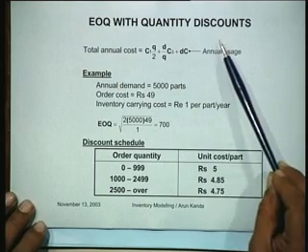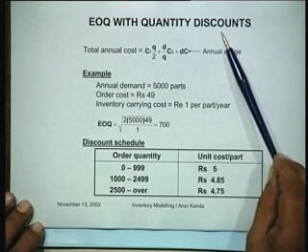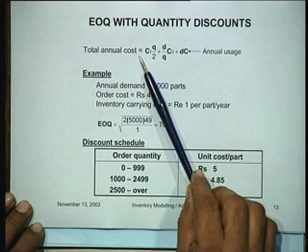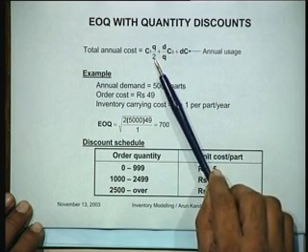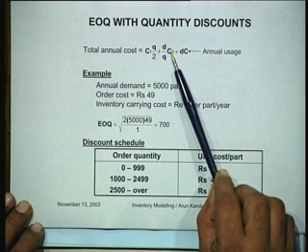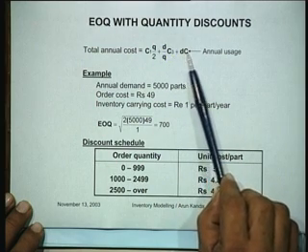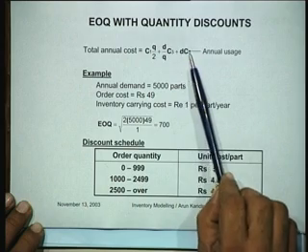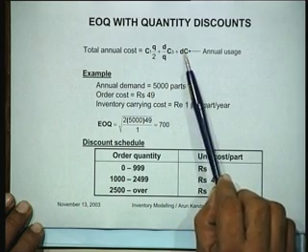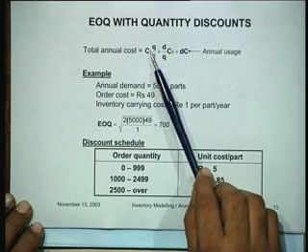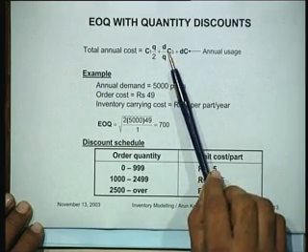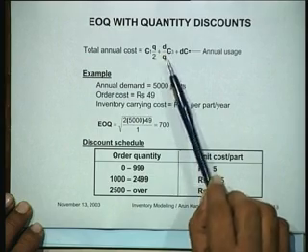Let us now consider the determination of the economic order quantity with what we call quantity discounts. What we are trying to say is our total cost will be C1 Q by 2, which is the holding cost, plus D by Q into C3, which is the ordering cost, plus D into C, which is the annual usage and the cost of purchasing the item. I purchase D items at a cost of C, so this is the amount that I have to pay, and the other terms are the costs of holding and placing the order, the ordering costs.